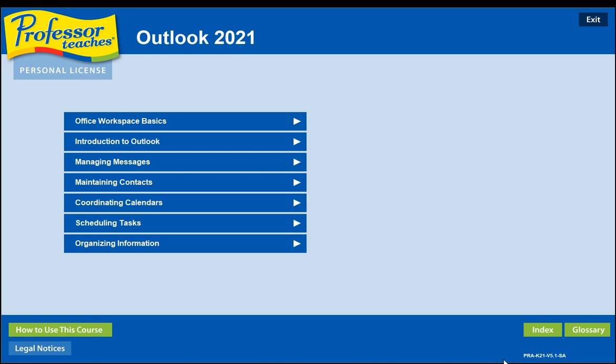2021, whereby we shall learn more about this Outlook. The Outlook has so many things as an individual you are supposed to know, so that by the end of it, maybe you want to use the Outlook in a professional way. For example, you want to send messages and you do not know how to send. Today I'm going to show you how to do all these things, so that by the end of this lesson